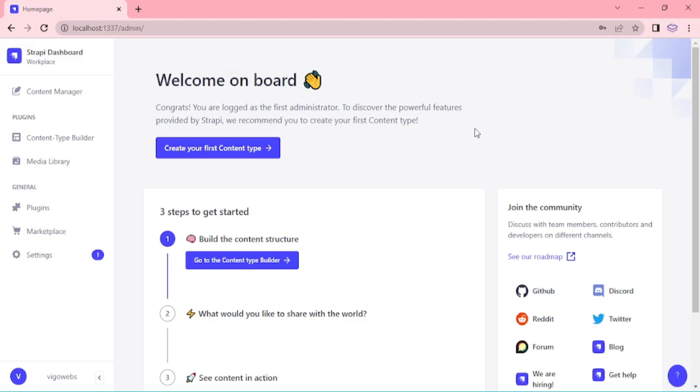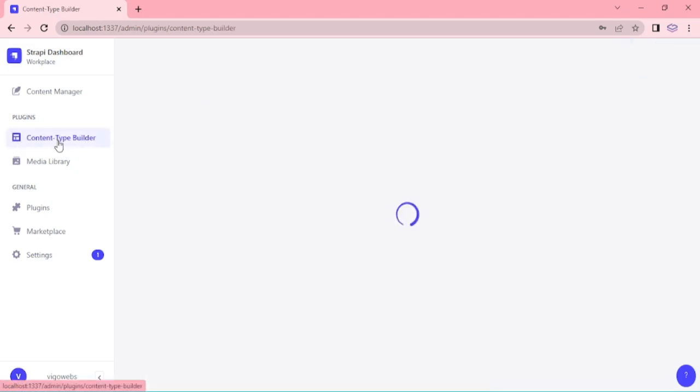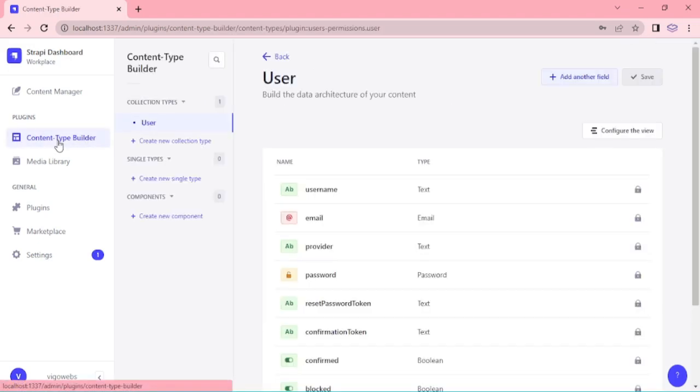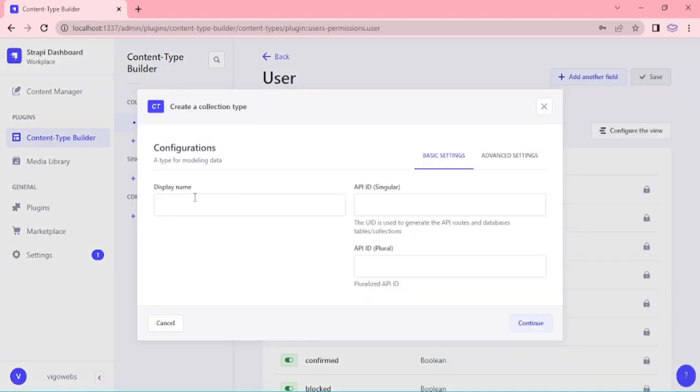Once you are logged into your admin panel using the credentials we created in the first step, head over to the Content Type Builder page. Now we are going to create a new content type for managing the categories of our store. Click create new collection type and enter the display name as category